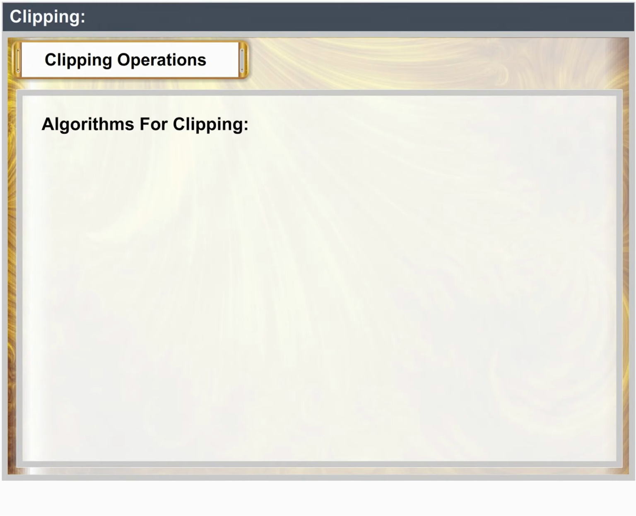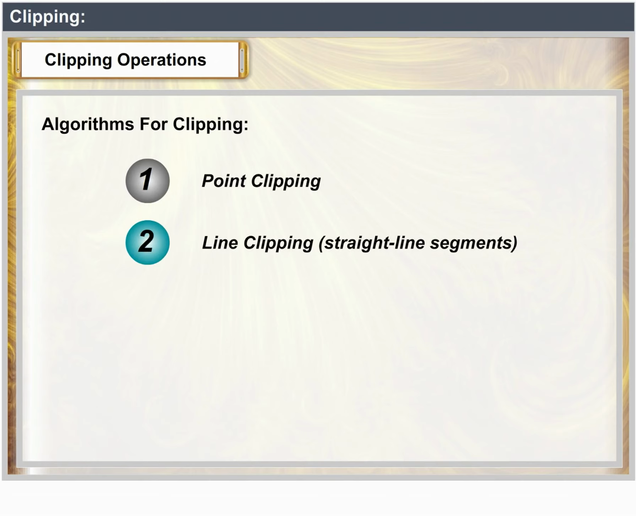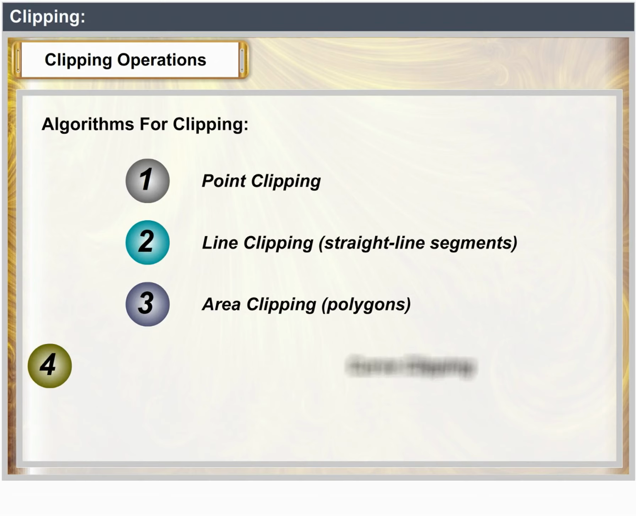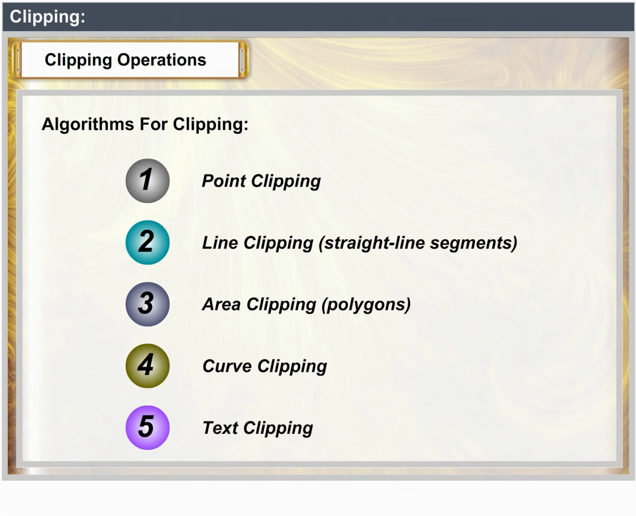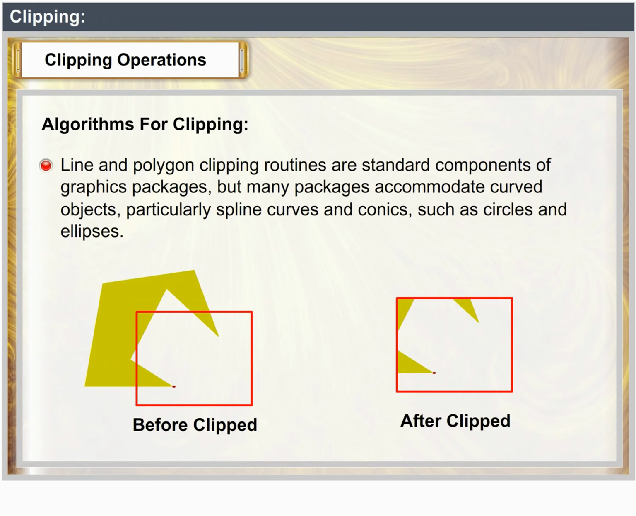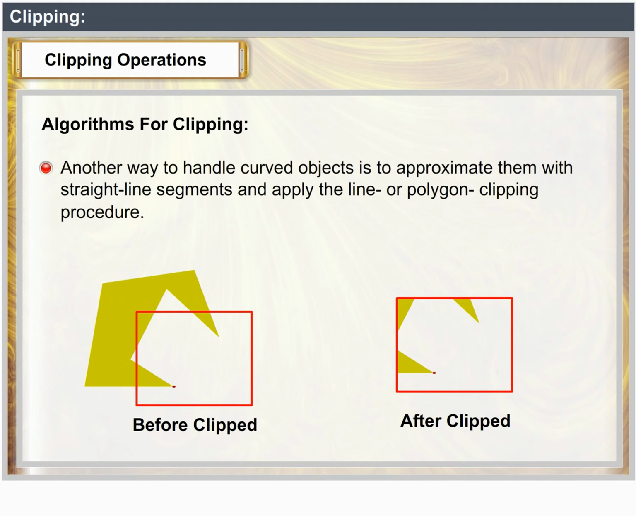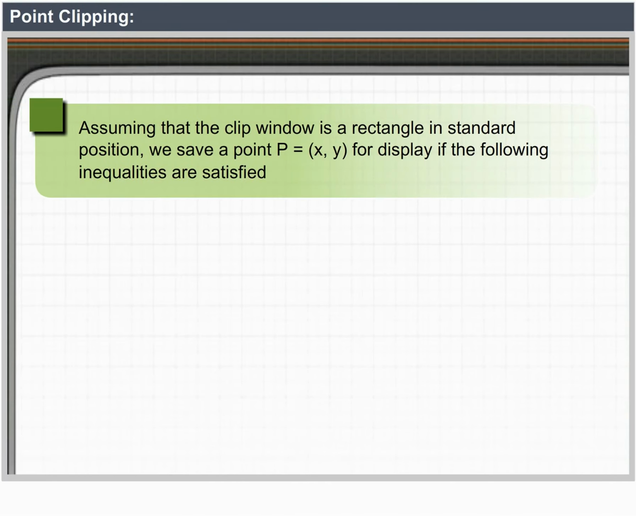Algorithms for clipping: point clipping, line clipping (straight line segments), area clipping (polygons), curve clipping, text clipping. Line and polygon clipping routines are standard components of graphics packages, but many packages accommodate curved objects, particularly spline curves and conics, such as circles and ellipses. Another way to handle curved objects is to approximate them with straight line segments and apply the line or polygon clipping procedure. Point clipping. Assuming that the clip window is a rectangle in standard position, we save a point P = (x, y)